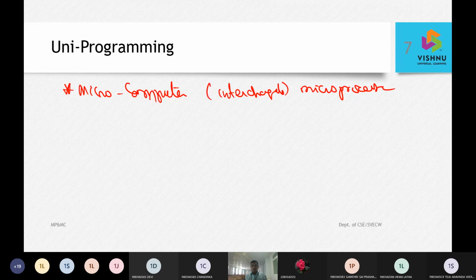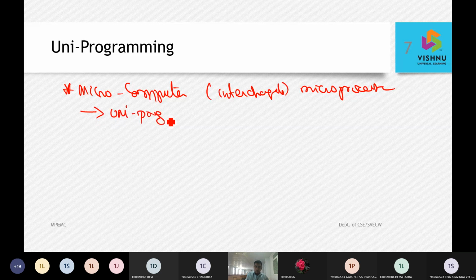Now, what is the microcomputer made up of? A microcomputer is made up of the microprocessor. What is a microprocessor? A microprocessor is a single chip which contains the central processing unit, and to this central processing unit, the memory and the input output devices are going to be connected. So this is all the background up to now what we have talked about. The next thing we have to look at will be the